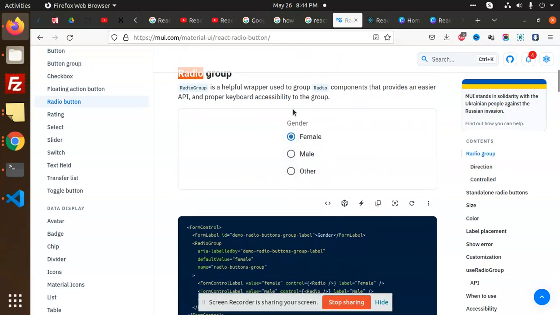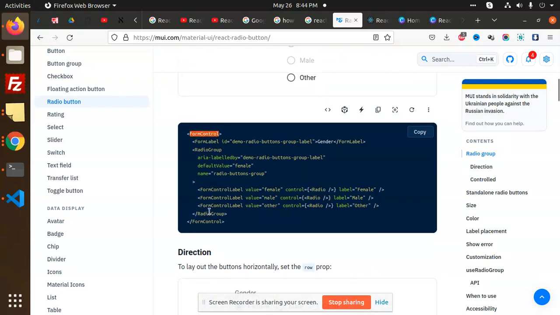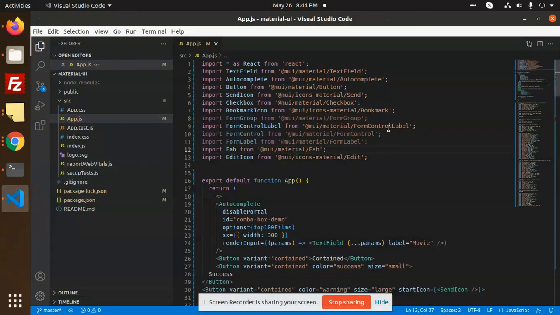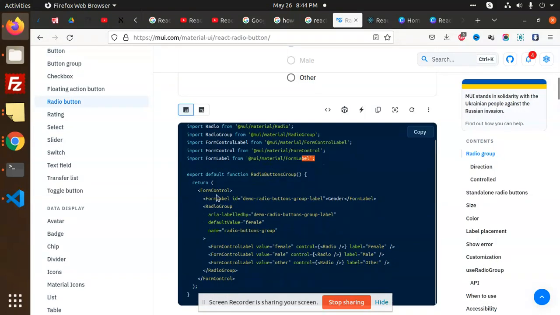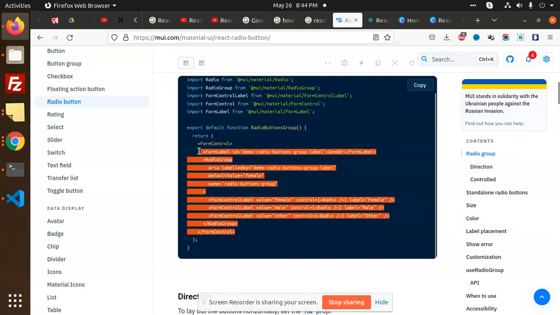It's very easy. If you want something like this, you need a form control, then we have a label, then control radio, whatever it is. So form control, you need to include it. Let me include the form label. I think form label and form control are already there. So we are going to just copy this form, and we have a radio group of buttons where we have the list. Okay, so I'm going to just copy the whole one